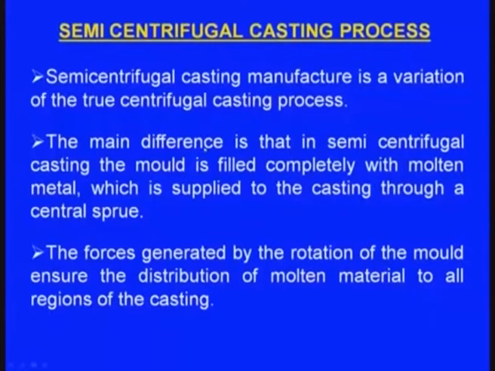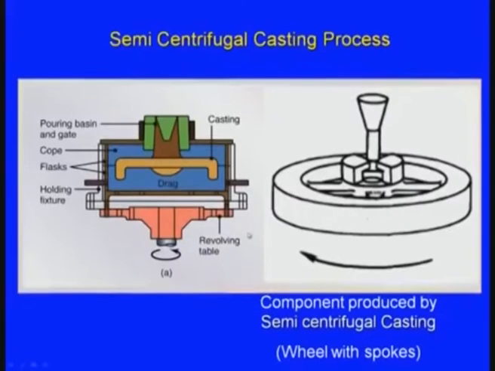Again, the main difference is that in semi centrifugal casting, the mold is filled completely with the molten metal. The forces generated by the rotation of the mold ensure the distribution of the molten material to all regions of the casting. Because of the centrifugal force, the molten metal will be uniformly distributed into the mold. And here we can see the revolving table. In this process the mold will always be rotating about a vertical axis,